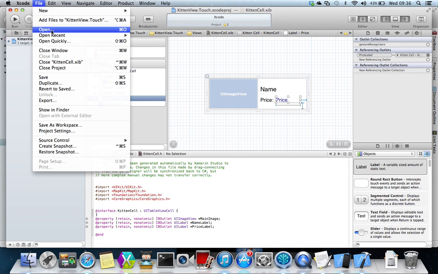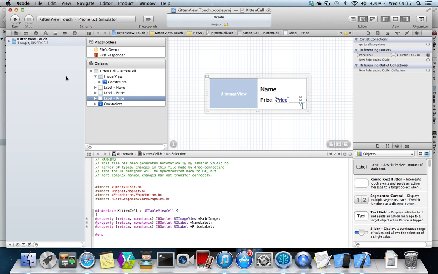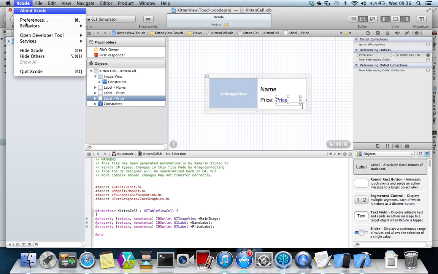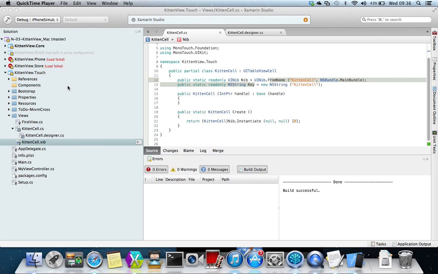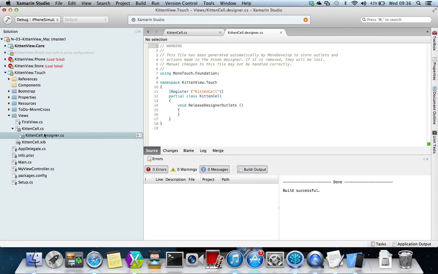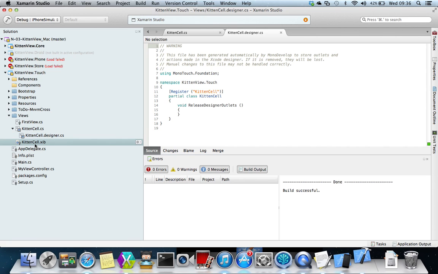And so what I'd now like to do is file, save, and what we should be able to do is if we close this, let's just quit Xcode to get out of the way. When we come back to Xamarin Studio, what we should hopefully notice is if we look in the designer, then we should notice, so you can see something's going on at the moment. Oh, something should have been going on at the moment. Let me just see. Okay, what we may need to do is go around the loop just to see what happens. So this is just a refresh problem